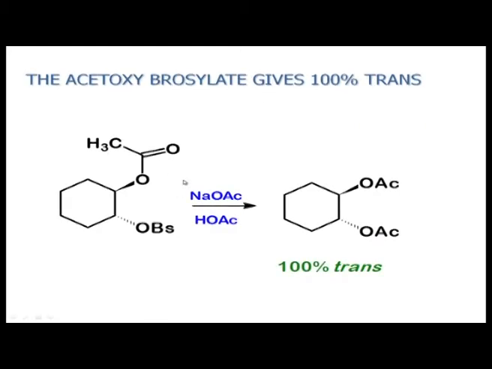Okay. Now, this is one example of a cyclohexane system where this type of anchimeric assistance can take place. This is sodium acetate. This is a reaction where you start with trans cyclohexane 1,2-diol, and one of the oxygens is protected as the acetate and the other is converted to a brosyl group. Okay. To a brosyl. Okay. That is para-bromo sulfonyl, the brosyl group, and then sodium acetate.